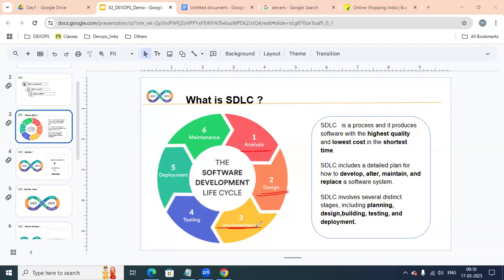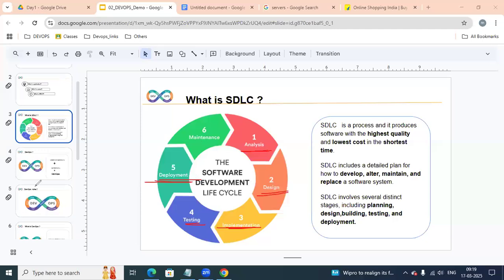Our developers will implement the lines of code by using Java, .NET, Python, or any programming language. Once it is implemented, our testers will verify the functionality, how the login page works, how the registration works. Once the functionality is verified, we are going to deploy our applications on hundreds of servers.